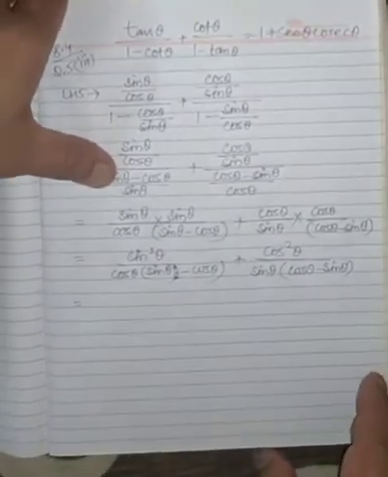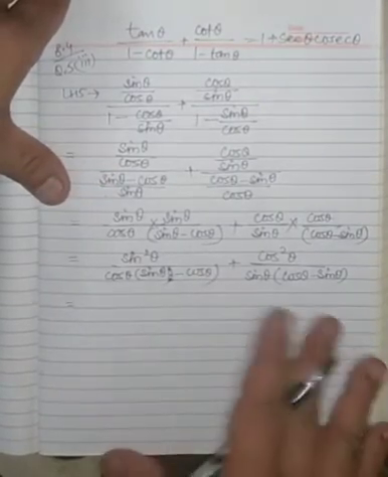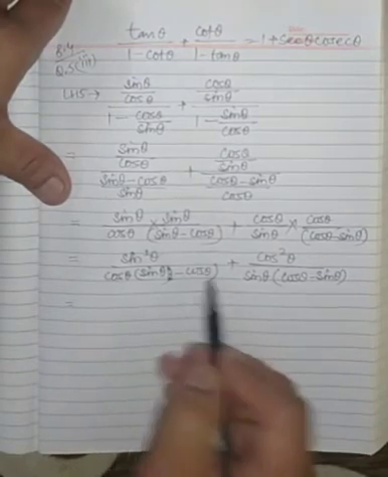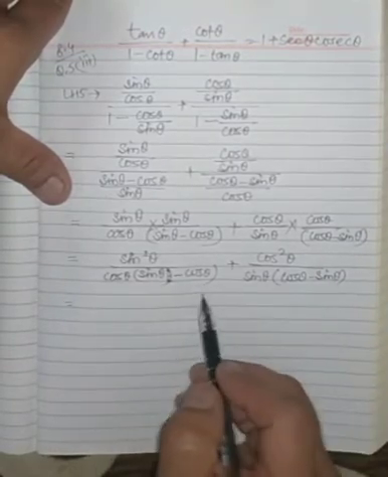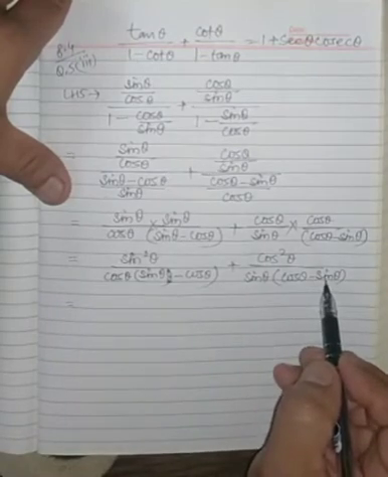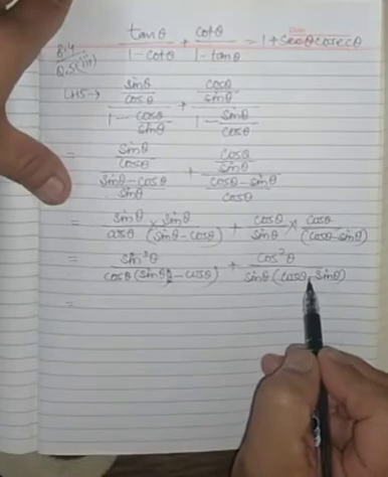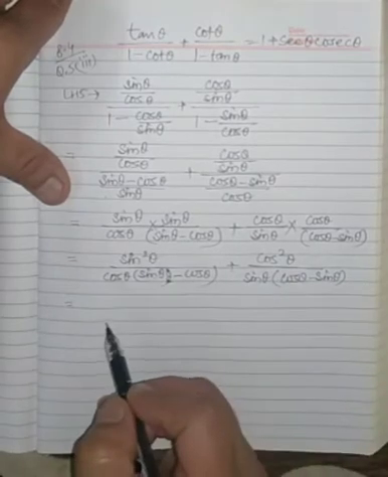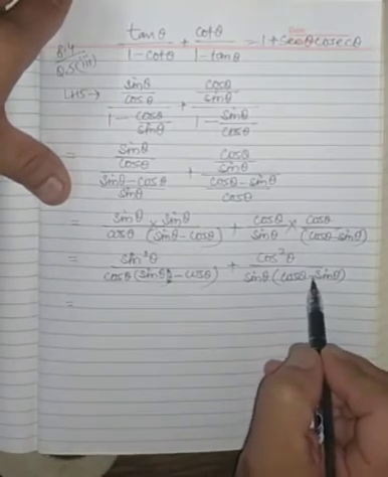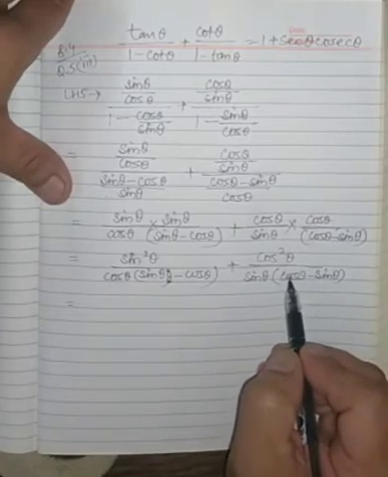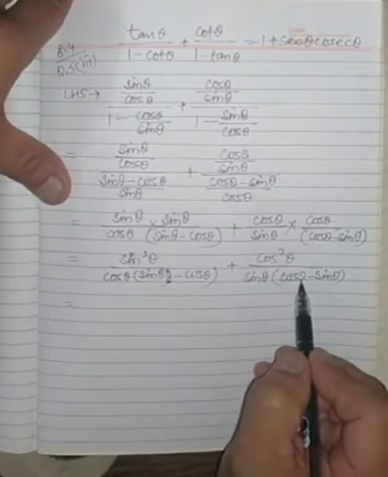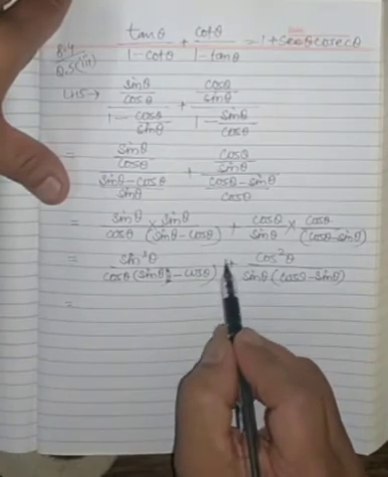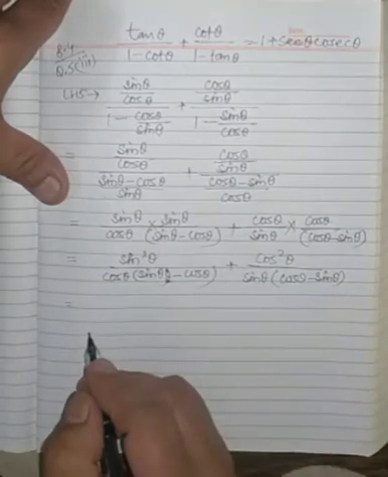Now children, in this step, next step, we are going to do something very unusual. As in this bracket we have sine theta minus cos theta, and this bracket we have cos theta minus sine theta. To convert this in terms of sine theta minus cos theta, I will take out minus common from here so that this and this will become same. So if I take out common minus from here, sine becomes plus and cos becomes minus, and the minus which I will take common, which will come outside, and this plus and minus that I have taken common will collide and plus minus becomes minus.